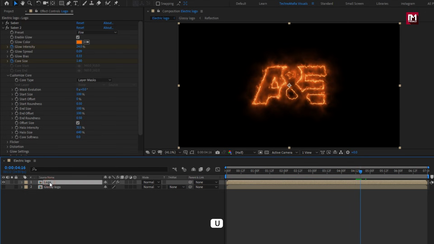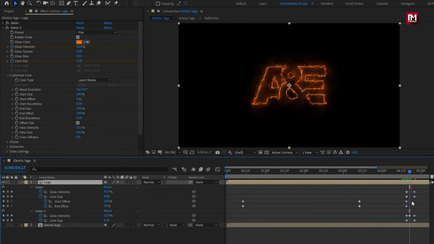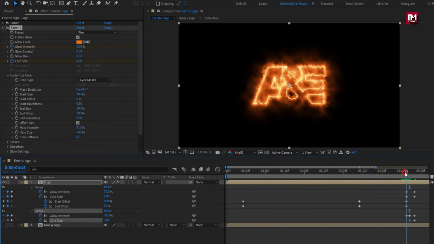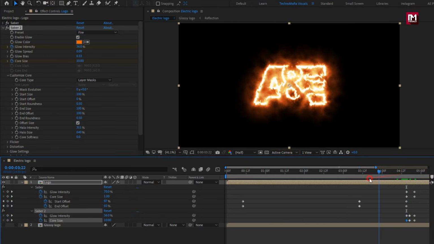Press U to view the keyframes. Here we will place this keyframe 2 frames forward. Now at 15 frames, set core size to 10. Now at 10 frames,